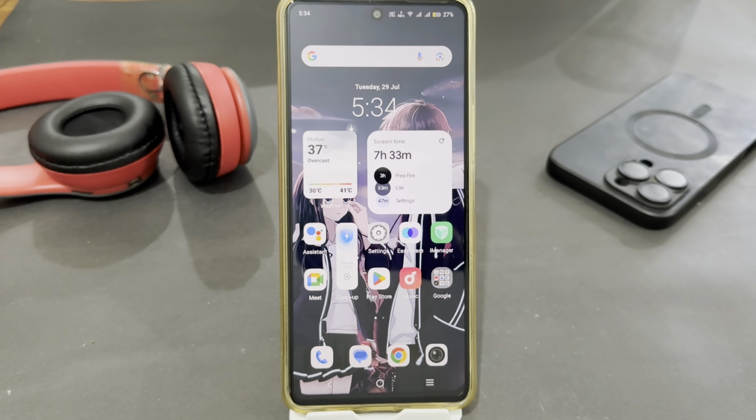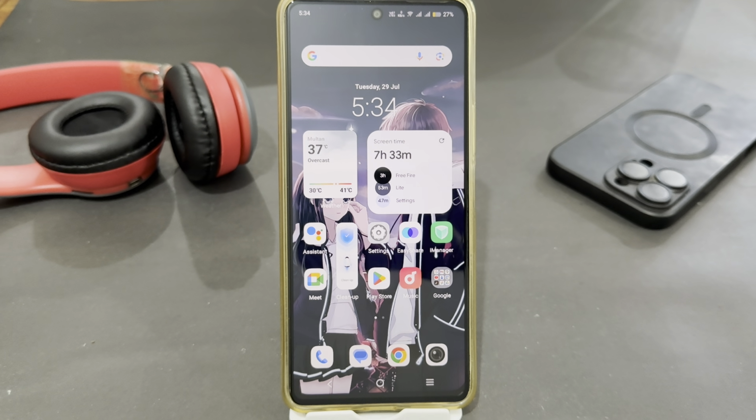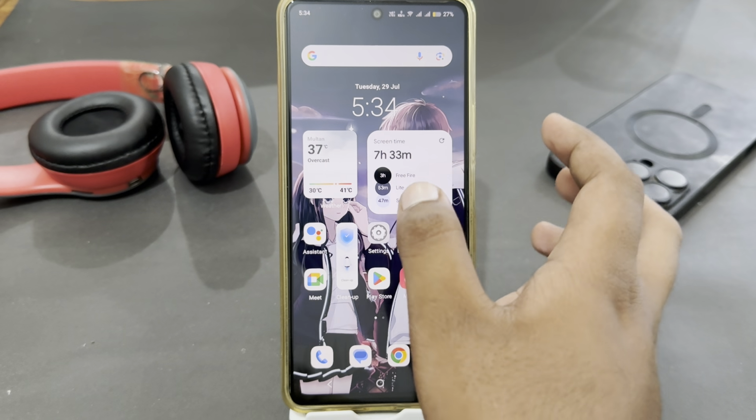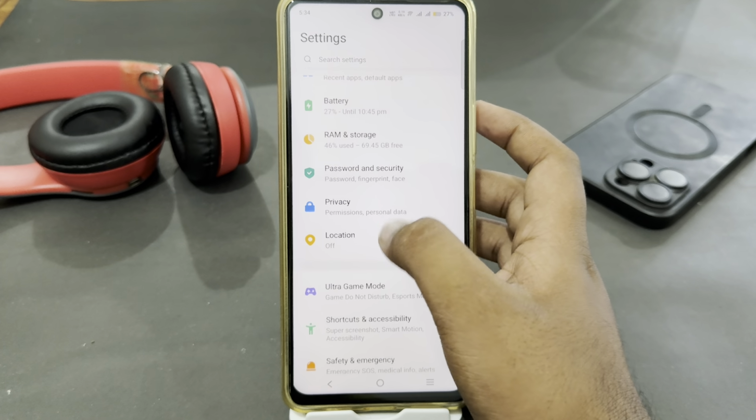Hey guys, today I'm going to tell you how to hide apps on Vivo V50 Lite 5G. If you're using Vivo V50 Lite 5G and now you want to hide your apps, so let's see how you can do this. You just have to open your phone settings and here just scroll down and look for password and